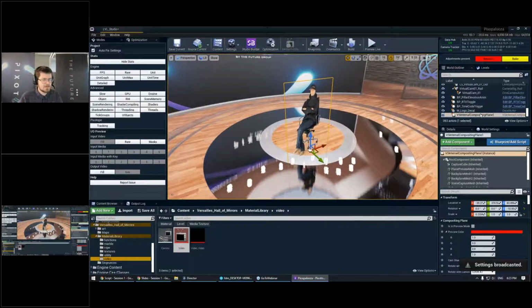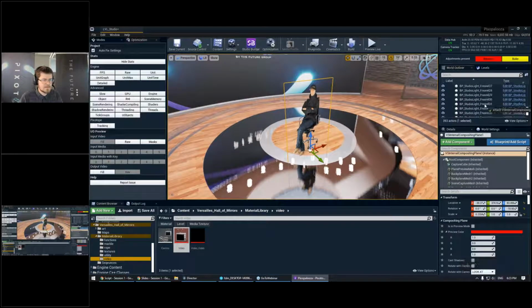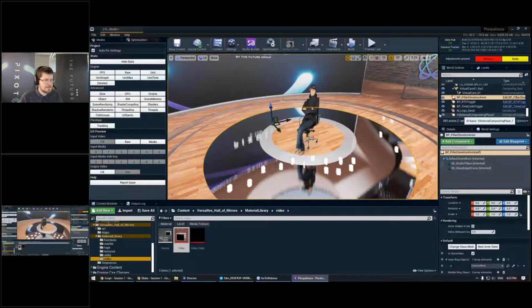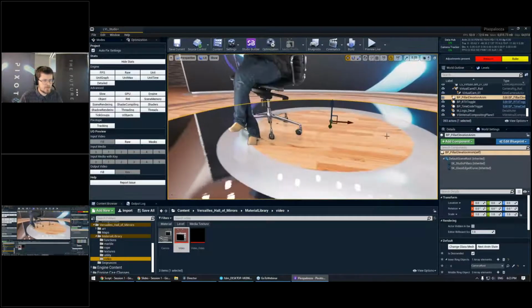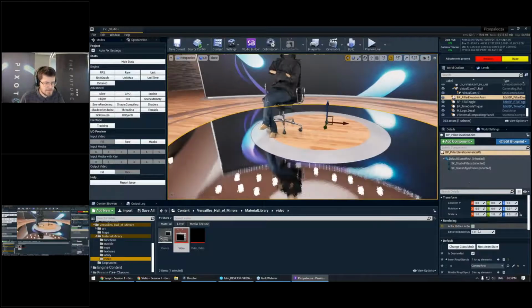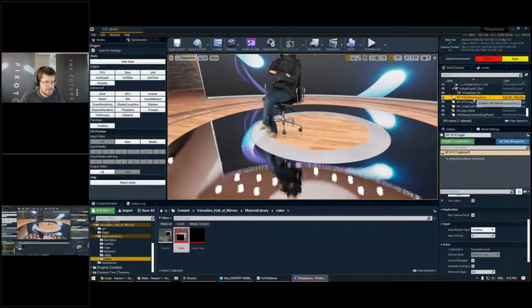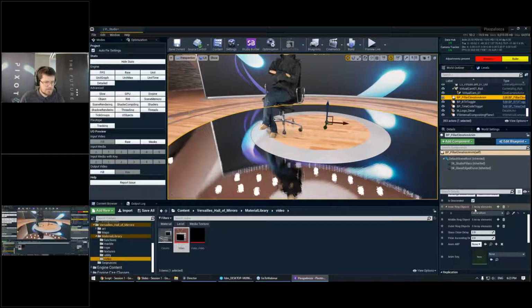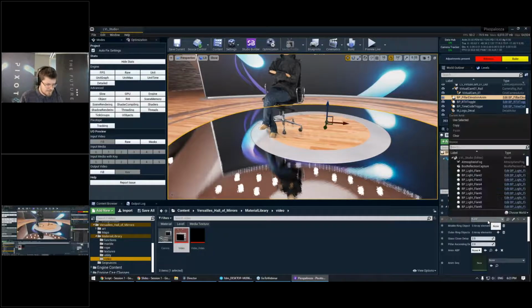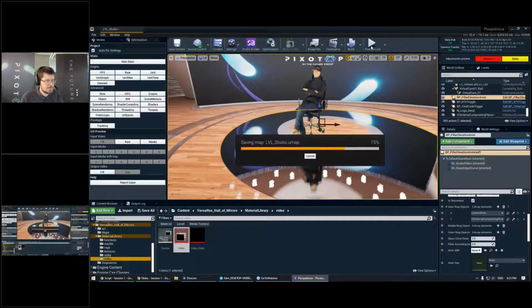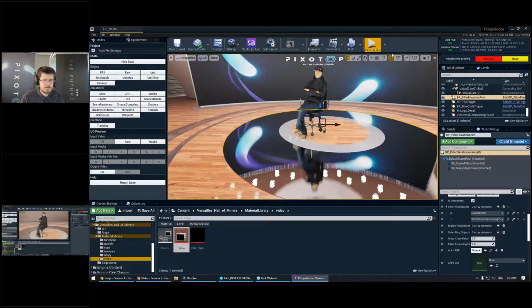The reason for that is probably because our talent needs to be parented to our camera root, or more likely, we just need the blueprint that moves the camera root to also move our composition plane. So I'm going to select the pillar elevation blueprint. I'm going to add another element to be animated, which is going to be our internal composition plane. And now if we try this one more time,